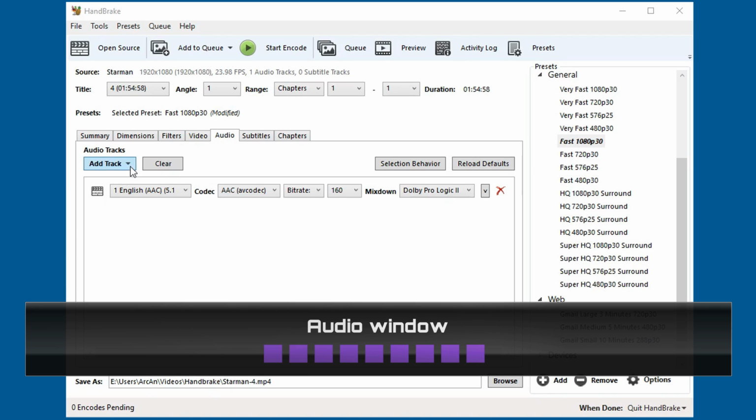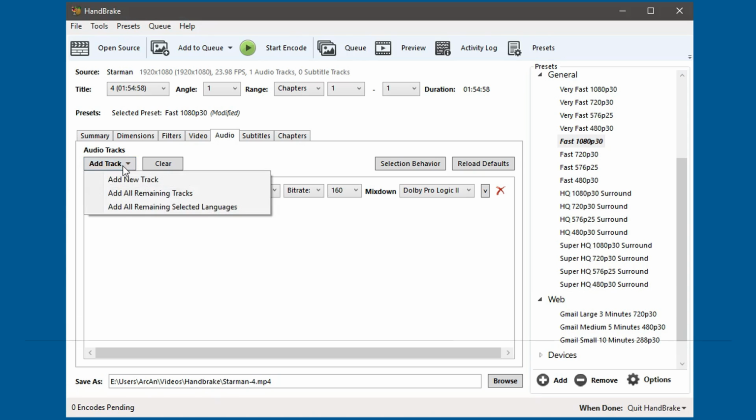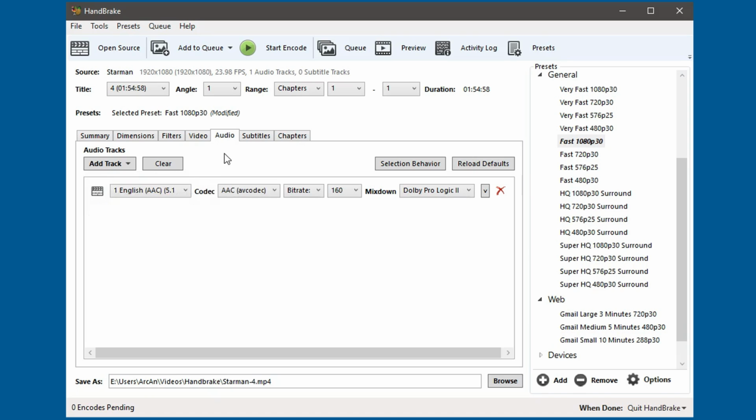If you wanted to encode different audio tracks, multiple audio tracks can be selected. You can add extra ones here, but I'm just going to concentrate on the default setting. So this movie here, Starman, it was a 5.1 surround audio track, and that's what comes up here. I could have selected a simpler movie that was just encoded to stereo, and you can see how the settings change.